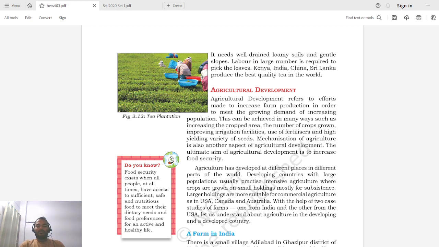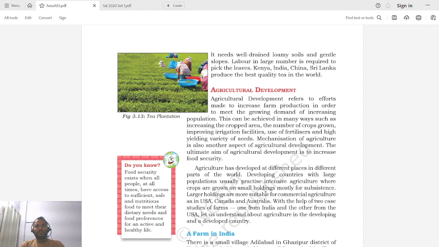Agriculture has developed at different places in different parts of the world. Developing countries with large population usually practice intensive agriculture, where crops are grown on small holdings mostly for subsistence. Large holdings are more suitable for commercial agriculture, as in USA, Canada, and Australia. So if you see across the globe, different types of agriculture have evolved. The farmers where there are small lands, basically, practice what is known as intensive agricultural